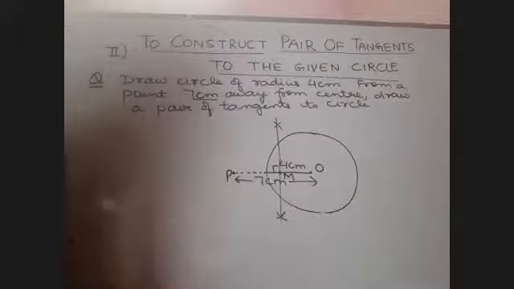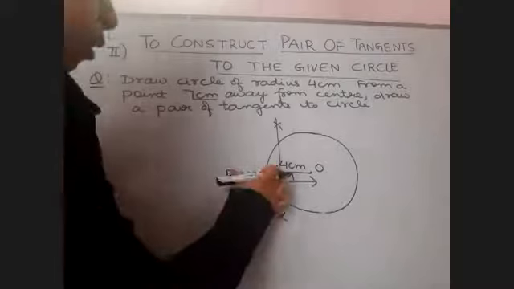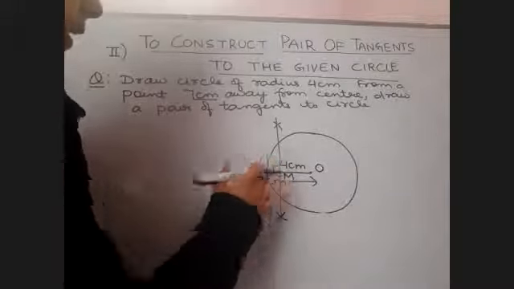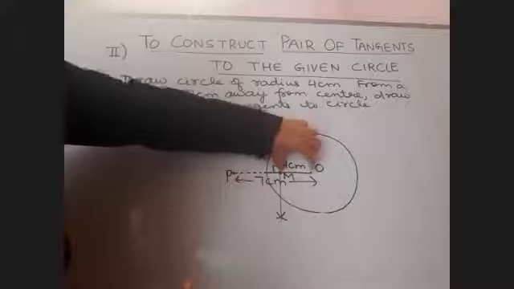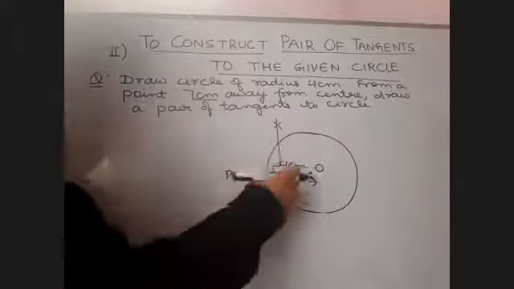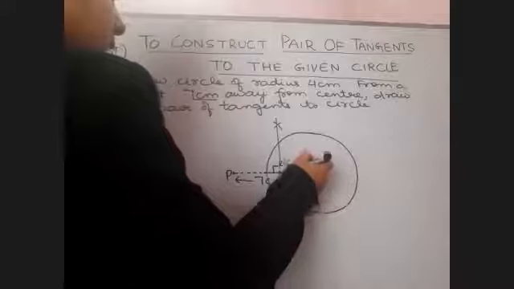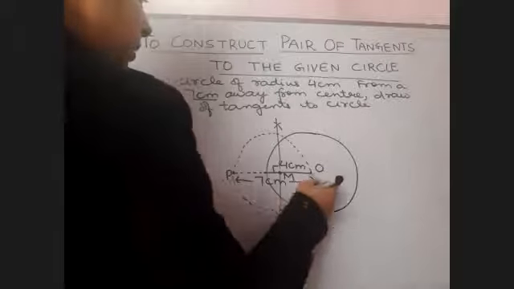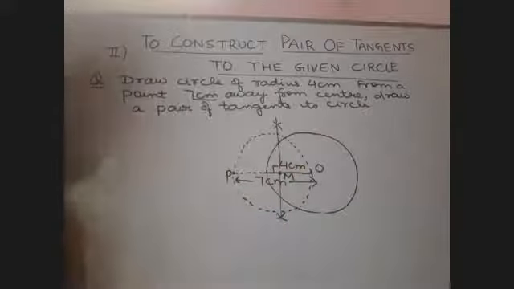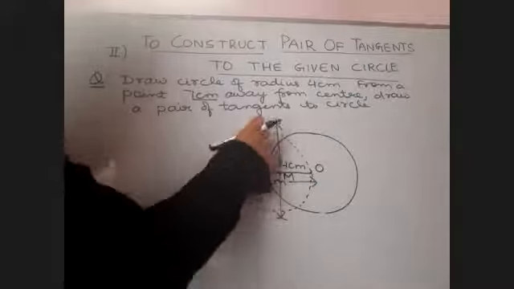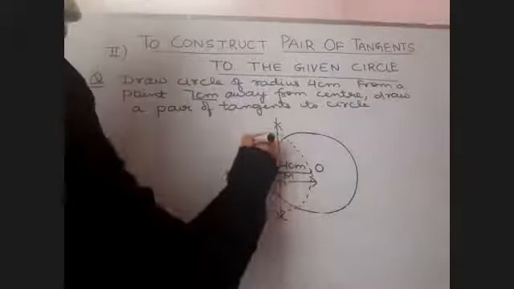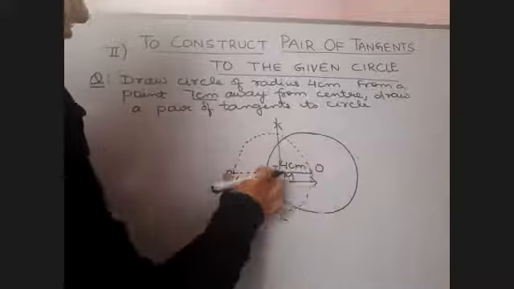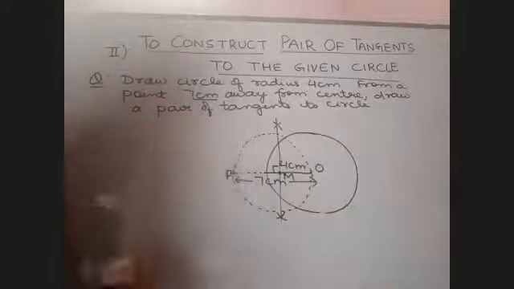M is what of OP? Midpoint, as it is a perpendicular bisector. So with M as the center, M is your needle, OM and MP will both be the same. So with M as the center, draw a circle. I don't have a compass, so it may go a little weird here and there. So with M as center and MO or MP as radius, draw a circle.